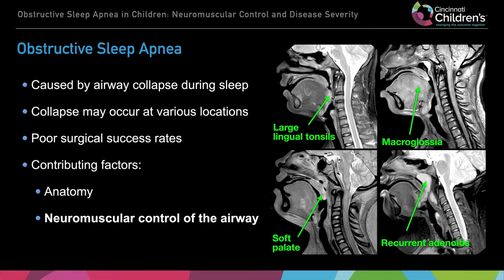So the airway isn't just passive. If you try and breathe and you don't get enough air in, you'll try and move the muscles of the tongue and the soft palate surrounding the airways to make more space. And we think this neuromuscular control of the airway is just as important as the anatomy, but is not currently clinically measured. I think there's a way of measuring neuromuscular control using CFD, and that's what I'm going to focus